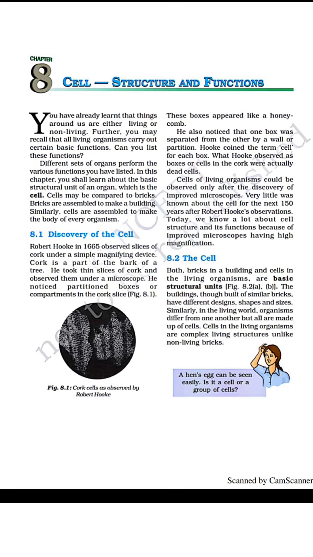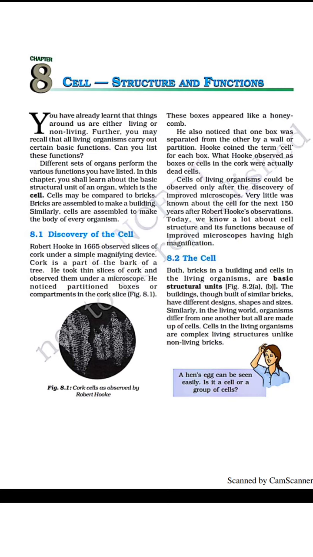Now what does the structural unit mean? It means what the structure of the living organism is, that is, the body of the living organism, what the structure of the living body contains. It consists of different parts, and we know that every part has its own function, but we don't know what the basic unit is which allows this part to do the function. So here in the chapter we will be learning about that basic unit, and that basic unit is named the cell. So we can say the basic structural unit of an organ is said to be the cells, right?